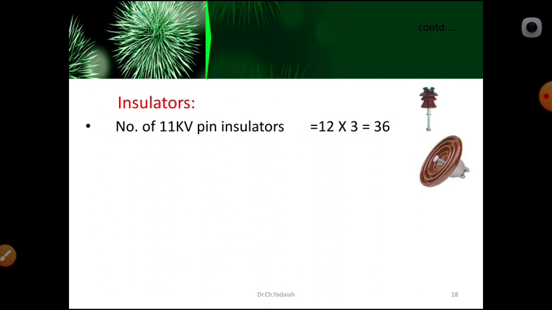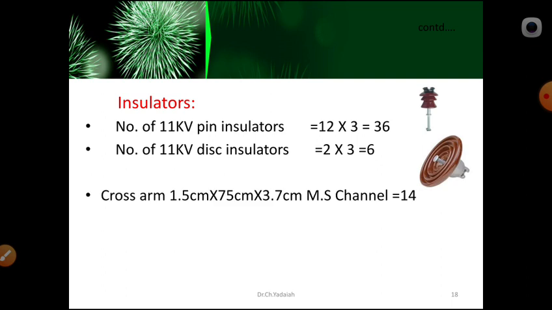Now these disc insulators, how many are required? We require the disc insulators. Number of disc insulators is equal to starting and end poles required, that is 2 into 3, 6. Suppose you want to place one cut point in the middle also, then we are going to opt for the strain insulators. Now in this problem we are neglecting that, so only at starting and ending we use the strain insulators, and all remaining poles have the pin type insulators.